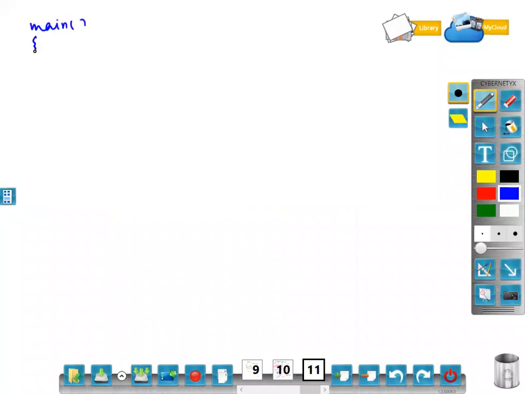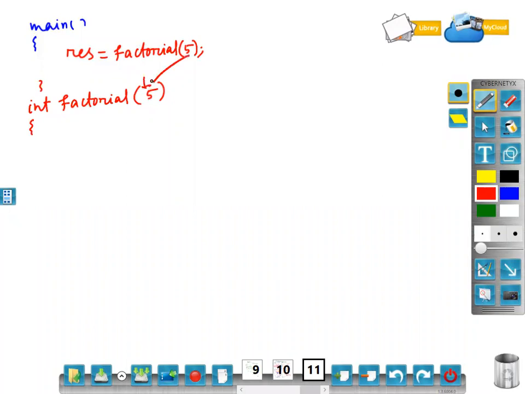So inside main, I have called res equal to factorial of 5. I am not declaring again; I am just writing the skeleton of the program. I am just writing the execution part, not the program. So 5 I have passed, I am catching also 5.